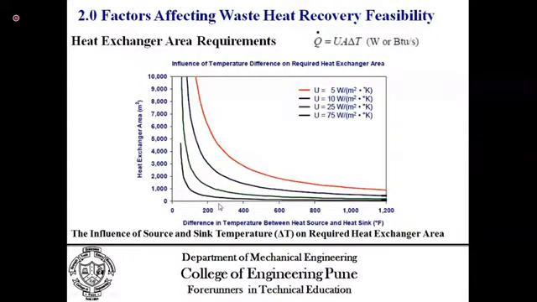What we will have to determine is what overall heat transfer coefficient we will require, and accordingly what the surface area of the heat transferring equipment should be. You see the importance of the two terms. One is basically the difference in temperature between the heat source and the heat sink. The second is the overall heat transfer coefficient. As we know, the overall heat transfer coefficient is not a simple term because it has a component, that is the thermal conductivity of the material, that can be controlled by choosing the proper material.